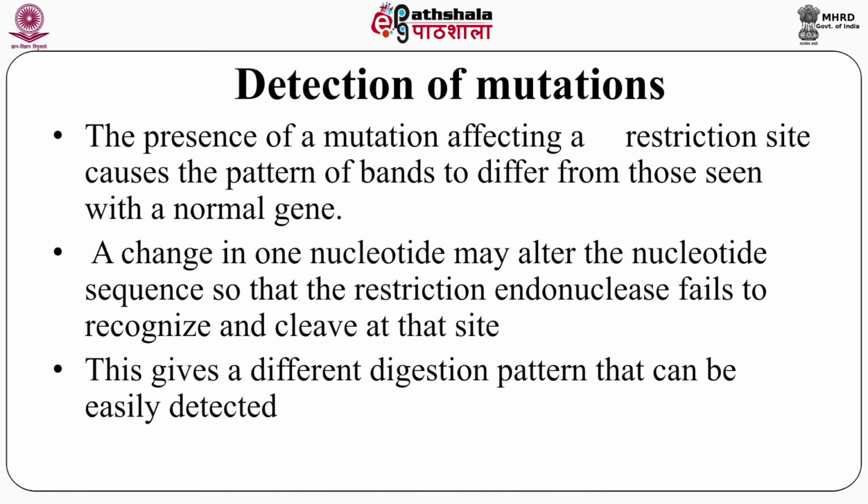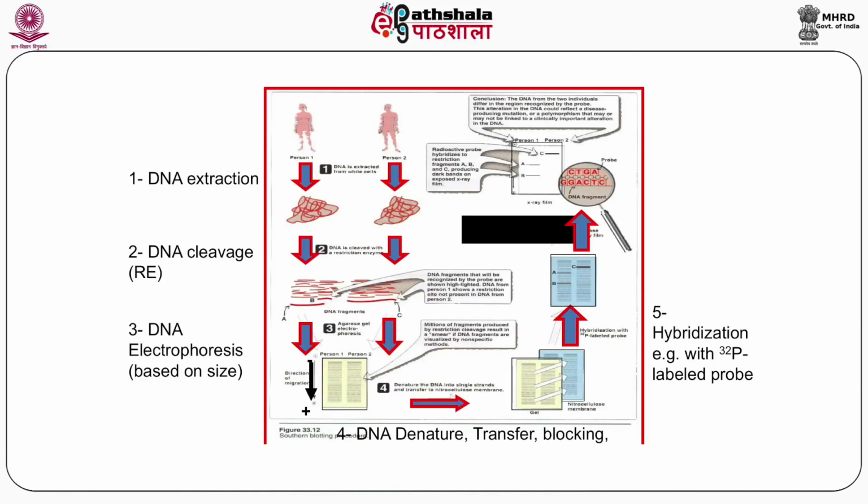Just by looking at the pattern of the digested fragments, hybridizing them, and figuring out where they are produced, you can easily find out if a novel mutation has appeared in that particular individual. Because of that mutation, the restriction sites got camouflaged or removed, and therefore the restriction enzymes can no longer digest there, which leads to fragments of a different size and abnormal fragments, but not in the control or healthy samples, where you get perfectly normal fragments. So, this is again the workflow.